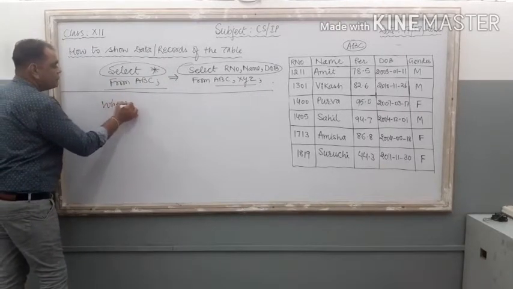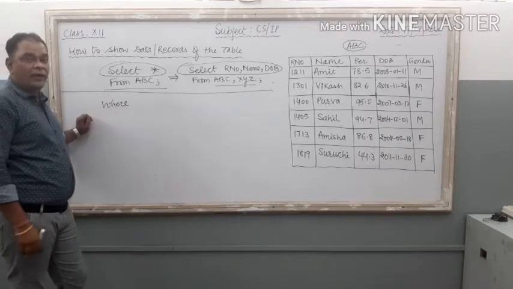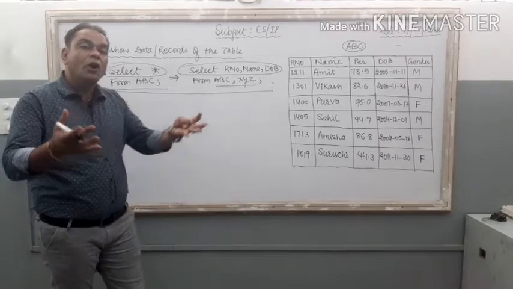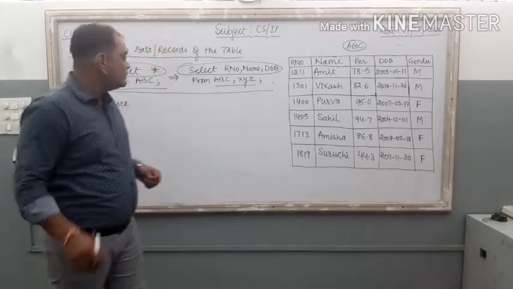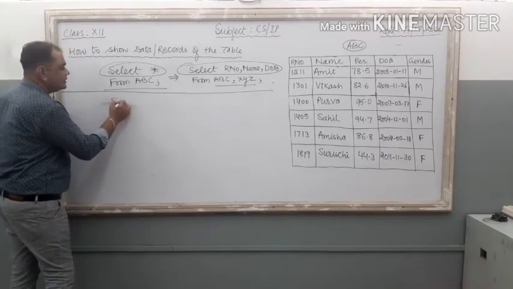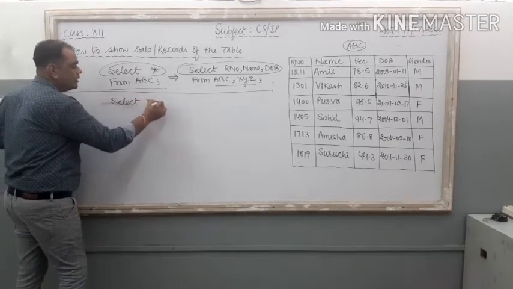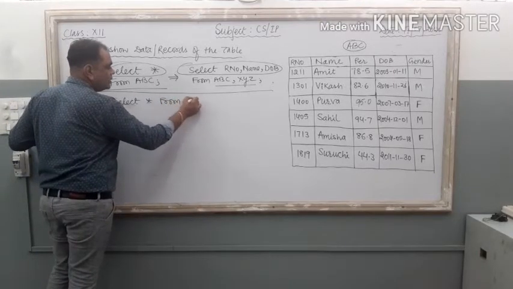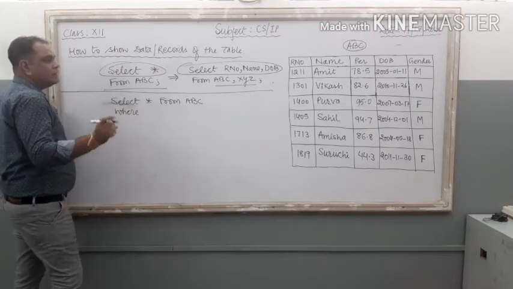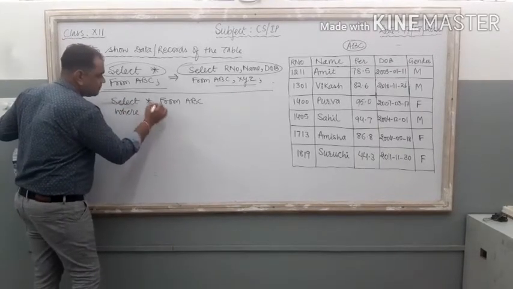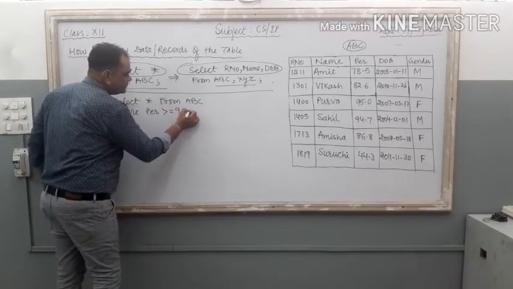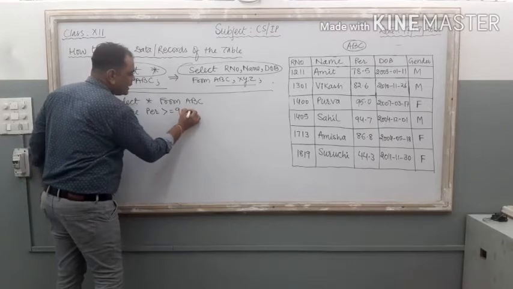Now come towards the third command, that is the third line, that is related with where. What can we do with this where? In front of where, we can apply a condition, either a single condition or multiple conditions, right? Suppose I am using the full command, just look at this one: select star from ABC, name of the table. Then in the next line it is where. Then here I use where percentage PER is greater than equal to 90. 90 is a float, so 90.0.